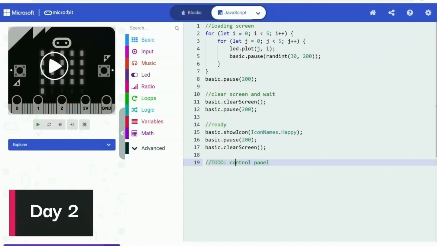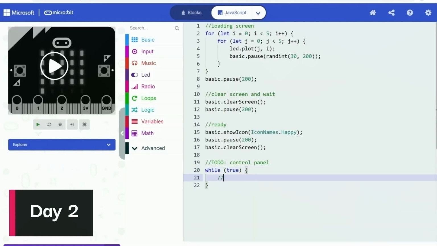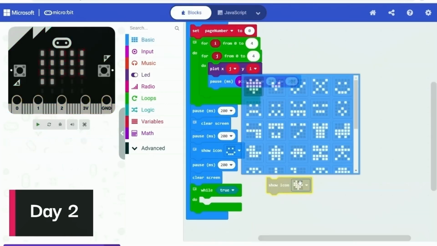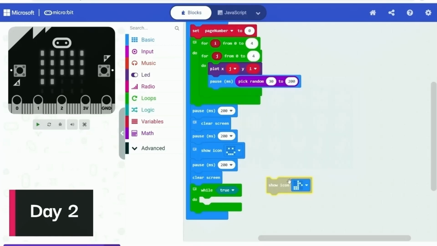Moving on to the next day, I started to program the home page of the system, where you can switch between functions and use the function you need. I created a couple of variables for this feature and planned to choose an icon for each function. Since there are already a bunch of built-in icons for Microbit, I decided I would only choose from there. I went to the blocks editor so I could preview the icons more easily, and that made things much quicker.